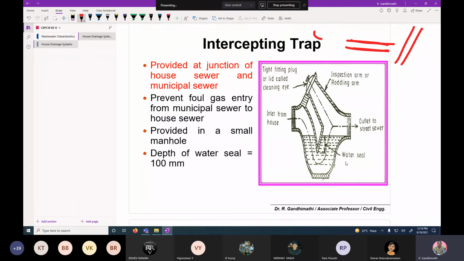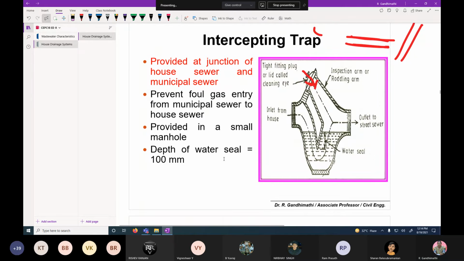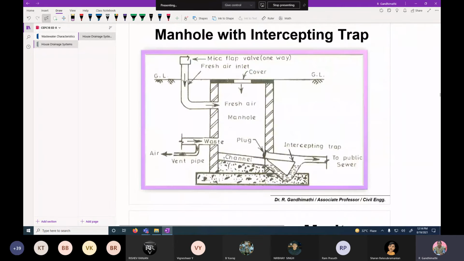It is also provided in a small manhole. Through the top, a person can enter this arrangement, especially for cleaning purposes. Here the depth of the water seal is 100 mm. This is the manhole with the intercepting trap. Easily a man can enter through this entry.